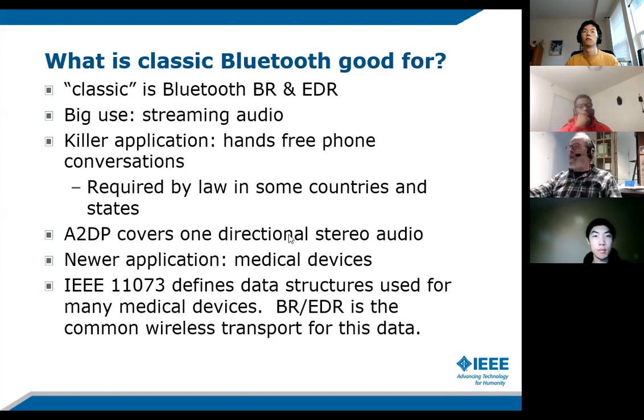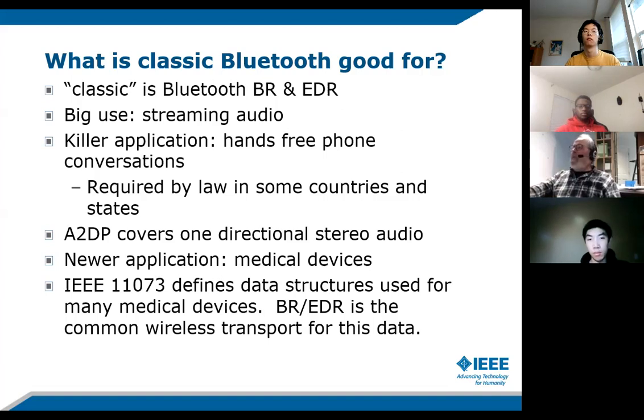Now, A2DP is the name of the profile that's used for one-directional stereo audio. A new application that's getting a lot of traction is wirelessly connected medical devices. So IEEE has a set of standards called 11073. I don't know where these numbers come from, but it defines data structures used for several dozen different medical devices.